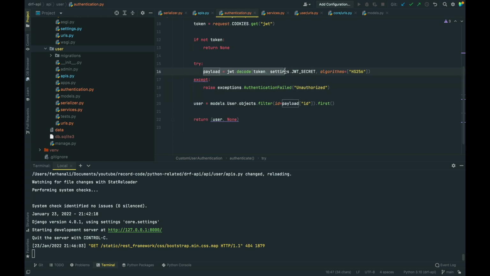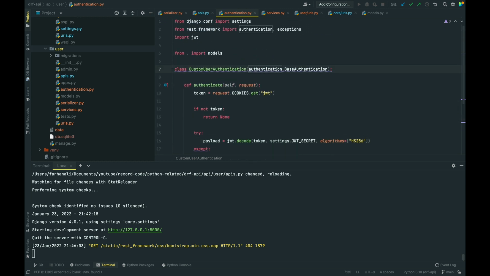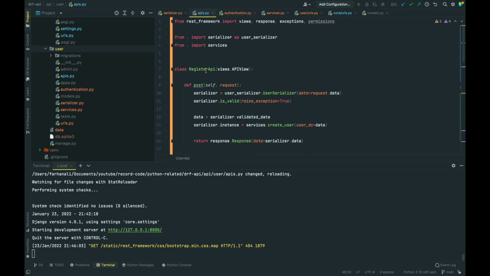So only if this is decoded successfully can we actually say that this user is authenticated. Okay, so back inside our APIs file, let's go ahead and import that. So say import authentication,